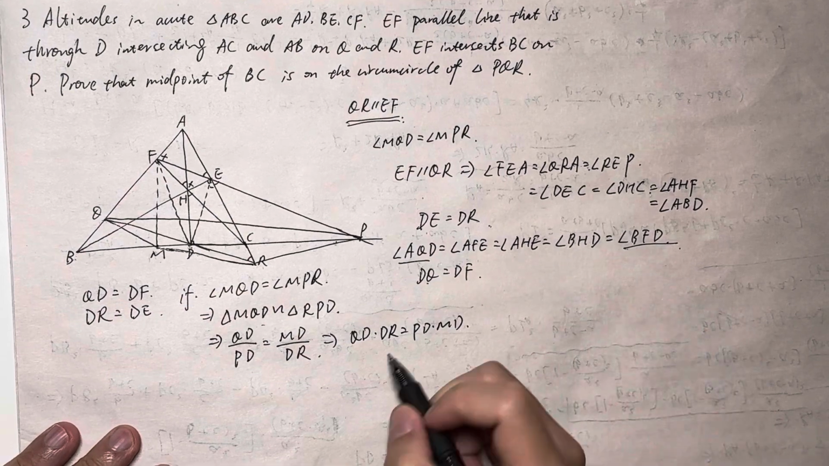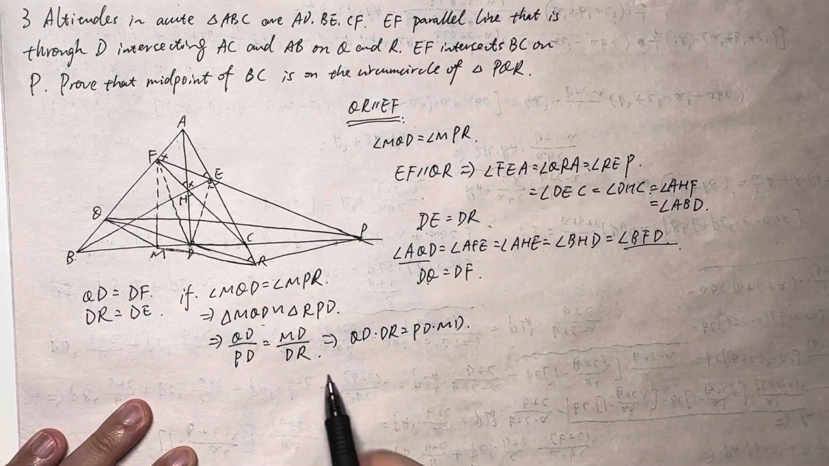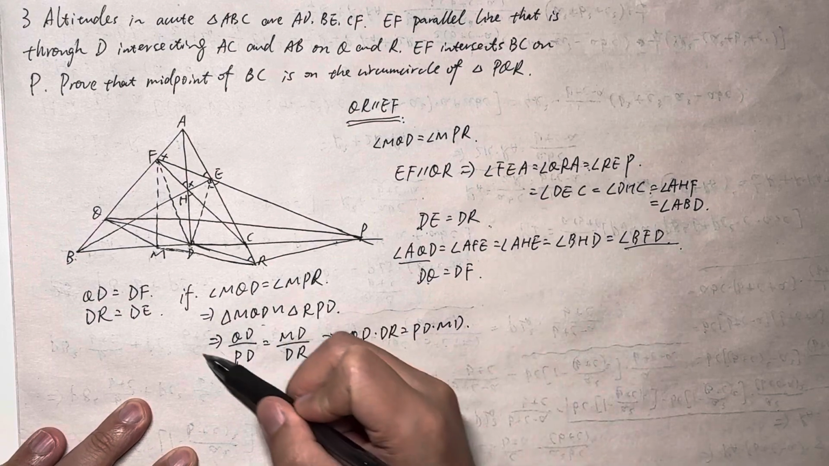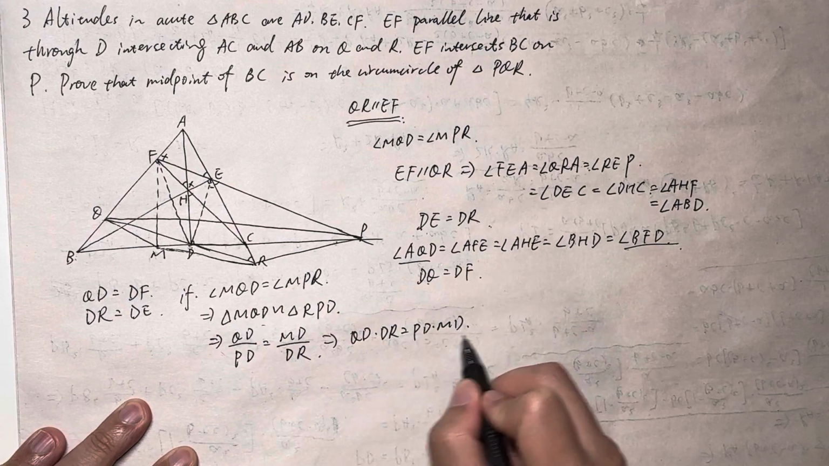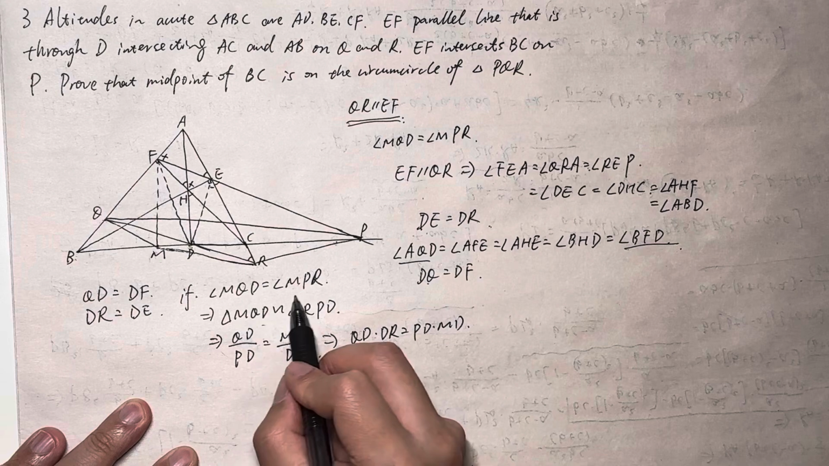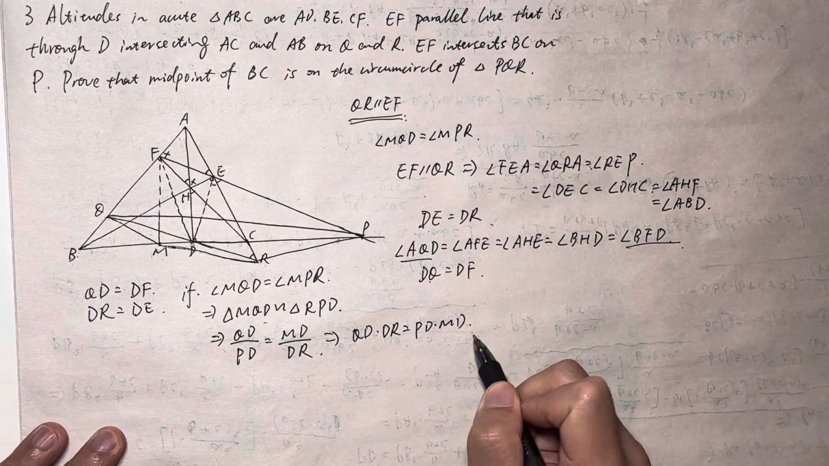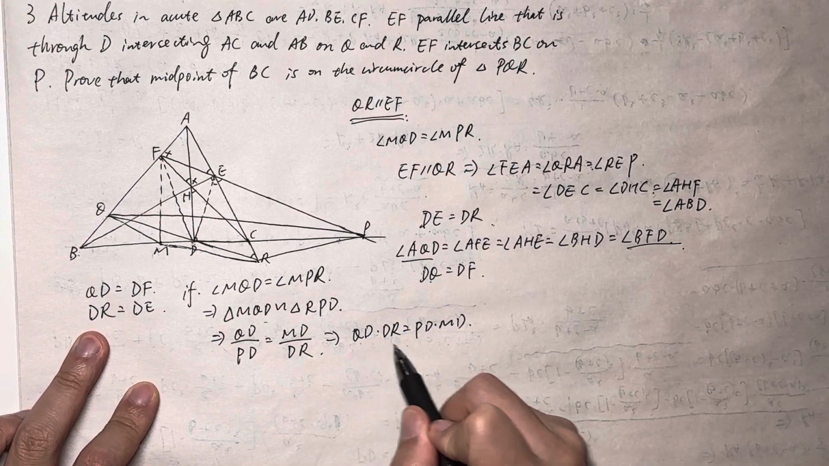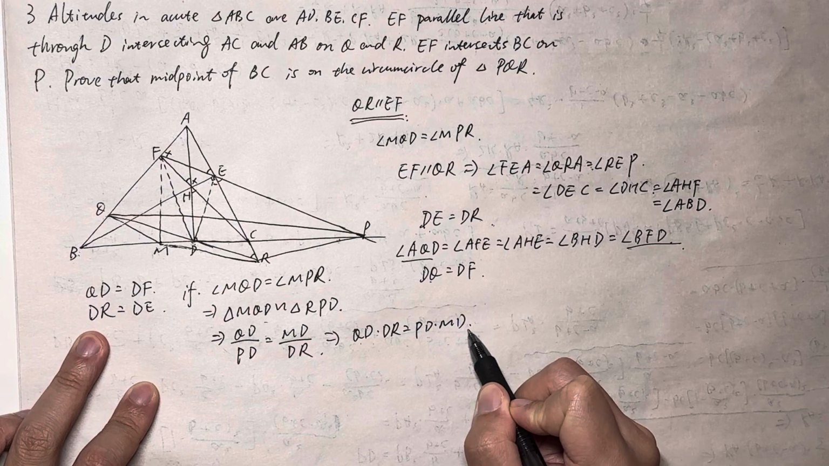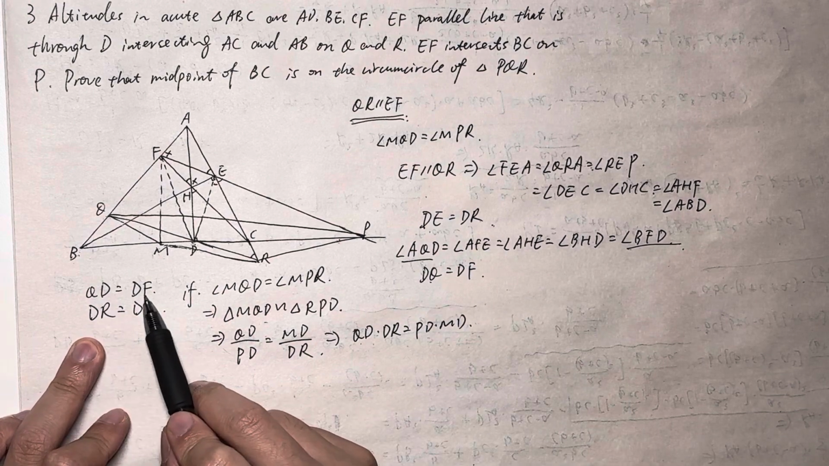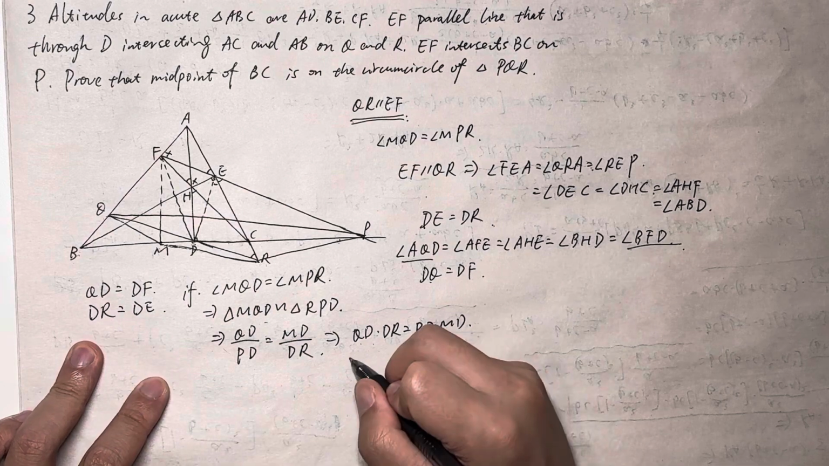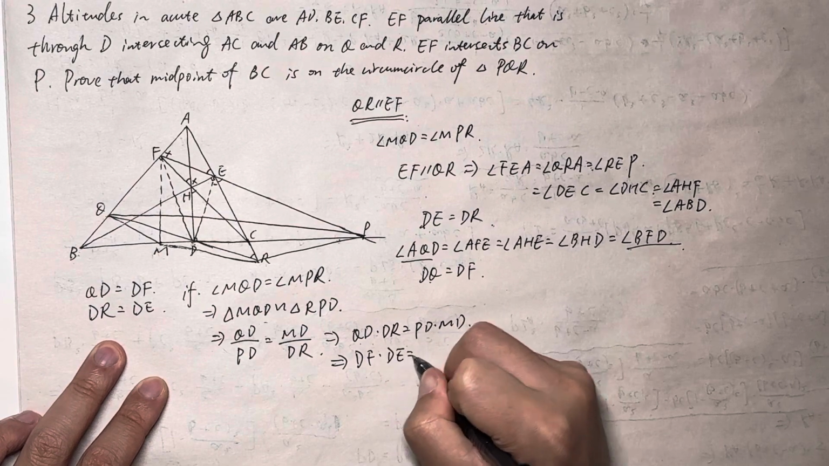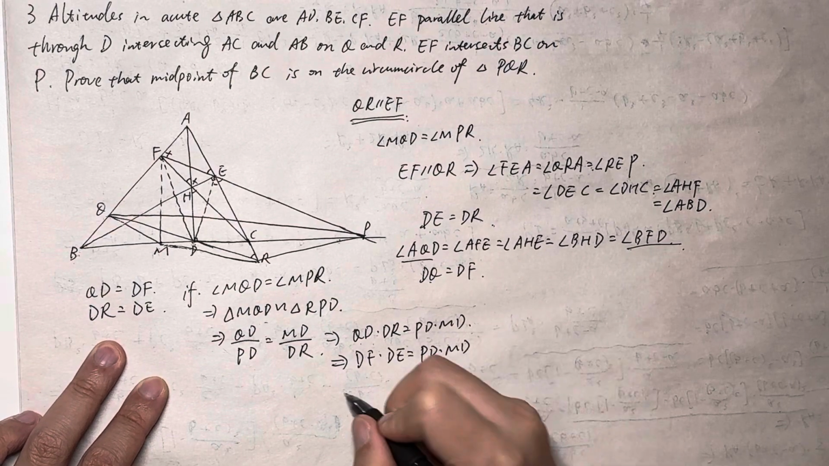right? Only if angle MQD equals angle MPR, right? But we can trace this equation all the way back to here. If we can prove this, then all of these are valid. That means these two are equal. So look at this one. Now we want to prove QD times DR equals PD times MD, right? And QD equals DF, DR equals DE, which means from here we can get that DF times DE equals PD times MD, which means